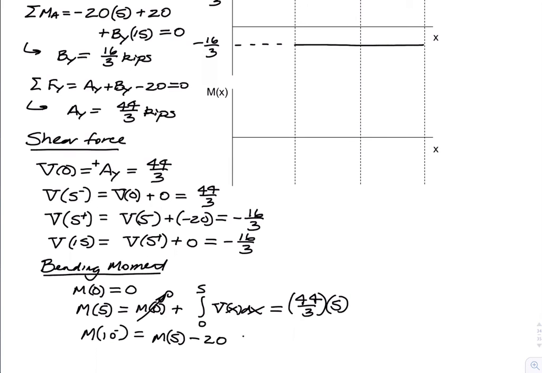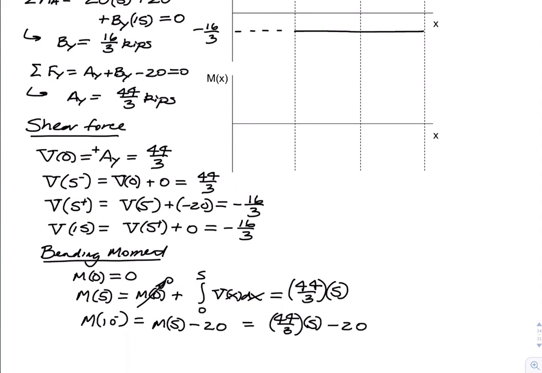So this is going to be 44 thirds times 5 minus 20, whatever that ends up being. And then over on the right hand side at 15, it's going to be the bending moment